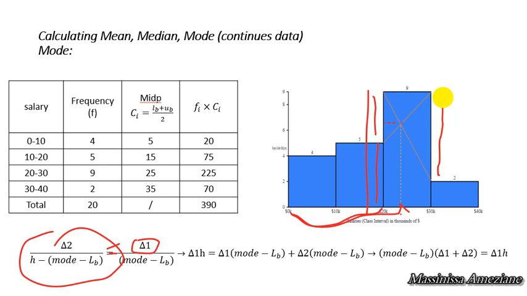How do we get delta 2? It's 9 minus 2. 9 is the frequency of the modal class, minus 2 is the frequency of the class after the modal class, divided by this part, or this, yes. So, and how do we get this? It is actually